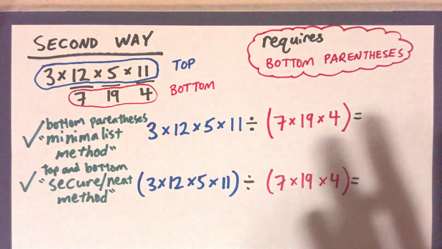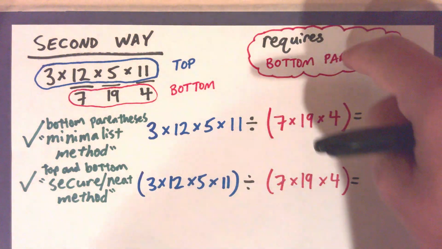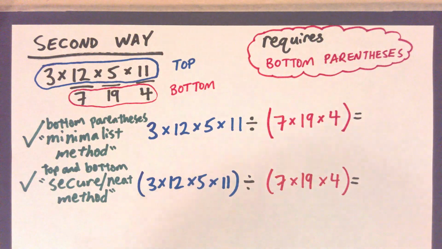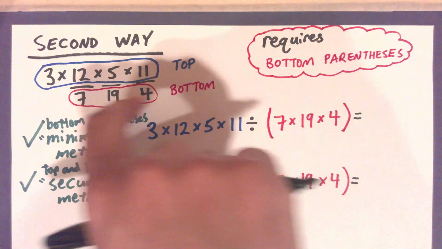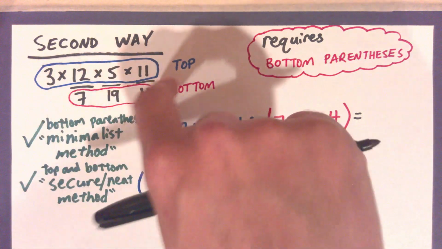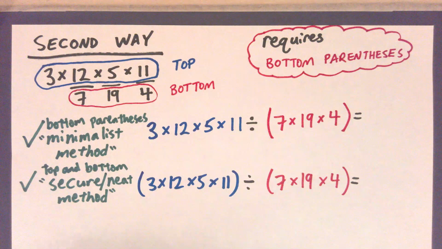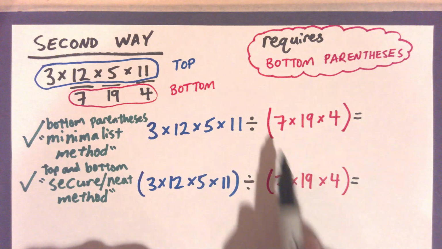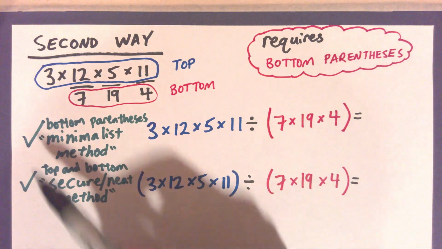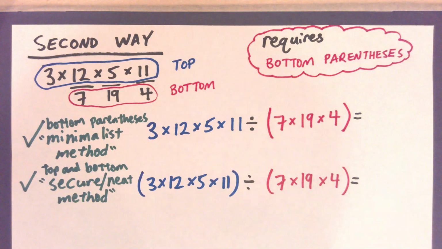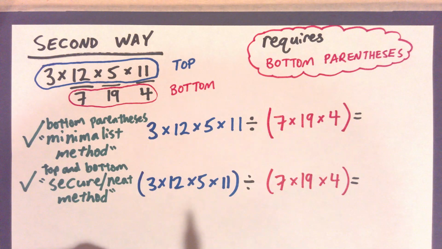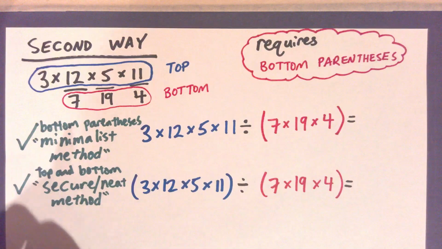All right, and to make a long story short, you're going to need bottom parentheses. You're going to need parentheses for all of those items that were in the denominator, okay, the denominators. All right, so that would be our 7, 19, and 4 in parentheses, okay? With these 2 green check marks, I'm indicating that either of these lines will work. Either are good, okay? So feel free to do it either way, all right?